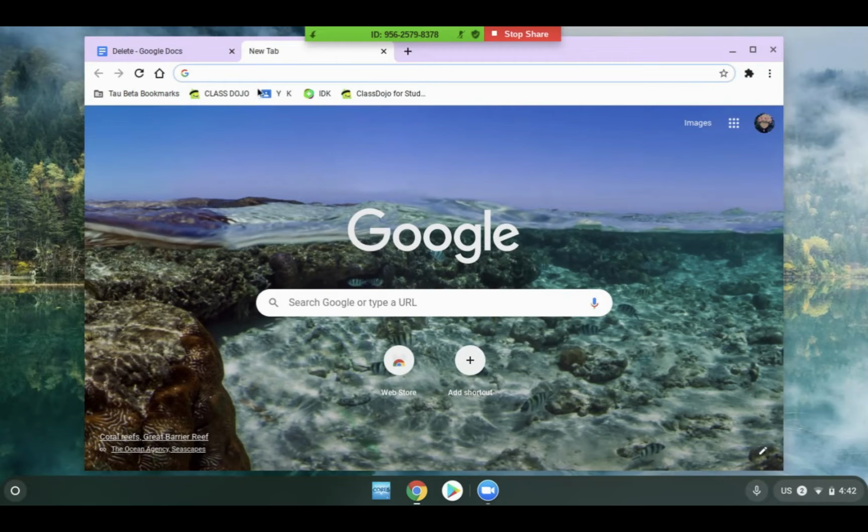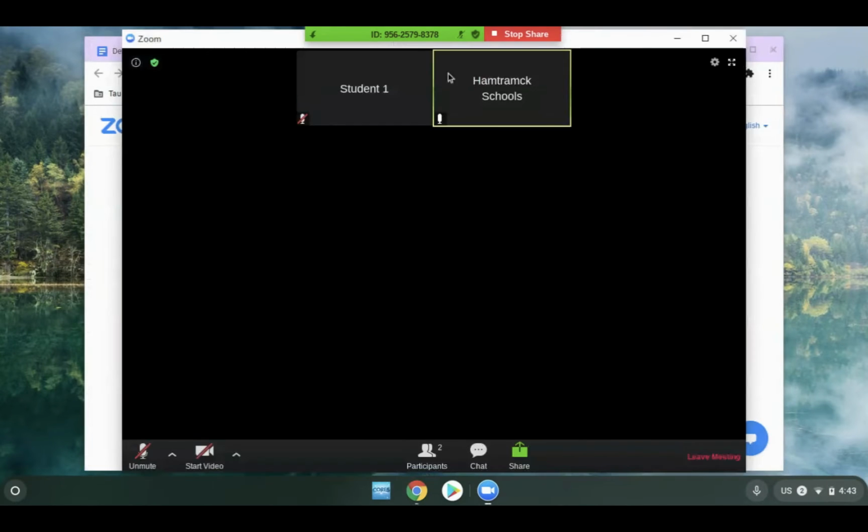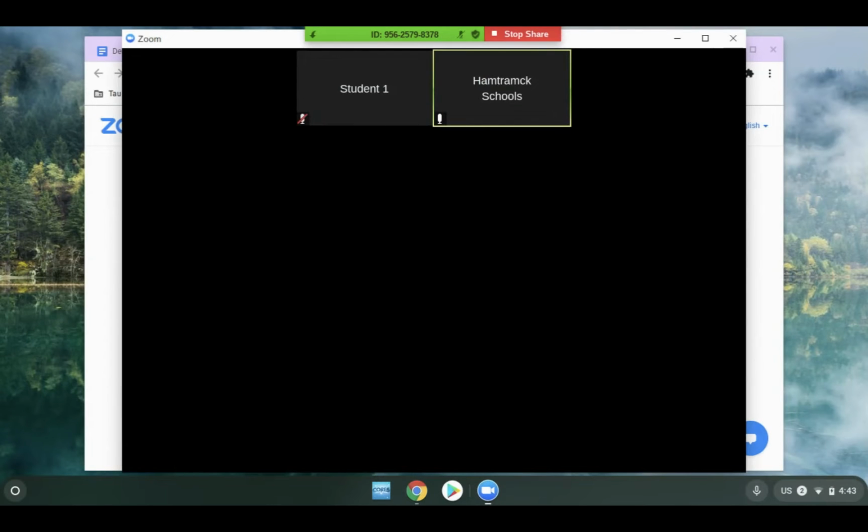The easiest way for this to happen is in your Zoom meeting, you will copy the link and you will send it to them. It will look something like this. Once the student has this link, they can simply click on it and it will automatically launch Zoom for them. If this method isn't working,